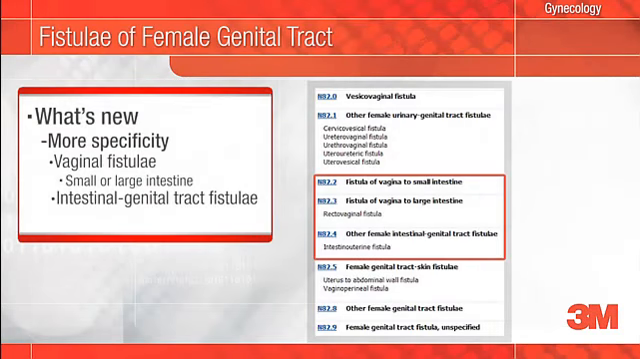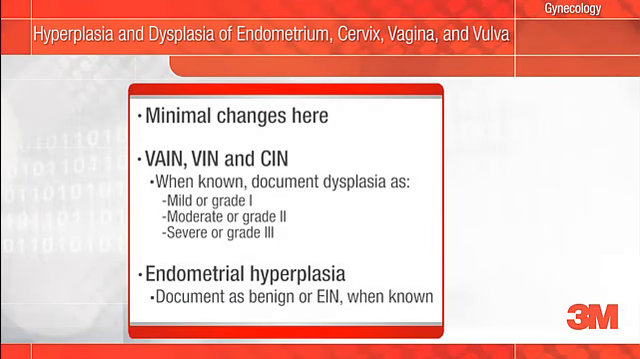What's new with fistula of the female genital tract in ICD-10 is that more specific codes have now been provided. There are codes for vaginal fistula to either the small or large intestine, as well as other intestinal genital tract fistula. Your documentation will need to include the anatomic location in the intestine of the fistula in order for accurate code assignment. There have been some minimal changes to the codes for hyperplasia of the endometrium and dysplasia of the